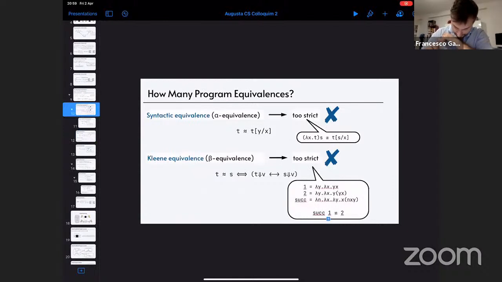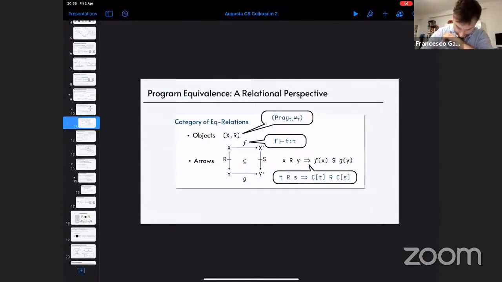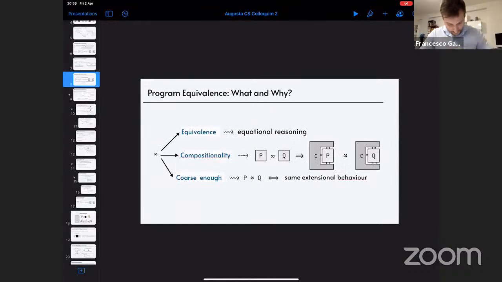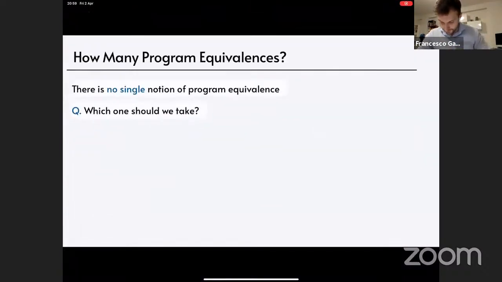Because let me find the slide. Okay, because